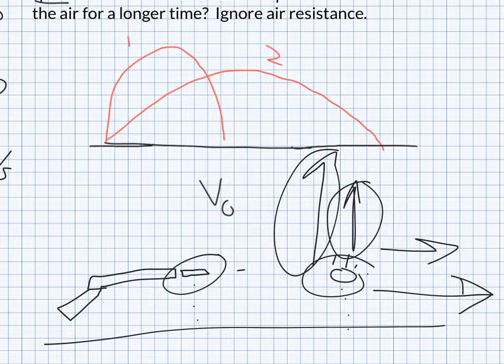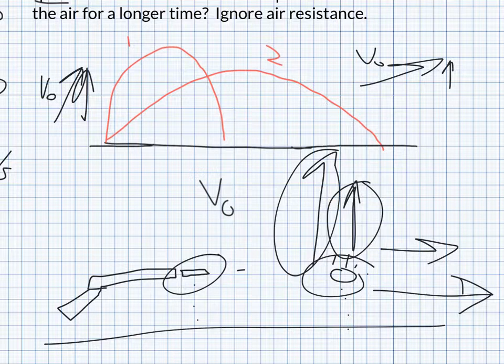So when I look at 1 and 2, I have to ask myself, who has more vertical velocity when they start? Well, 1 is at a steeper angle, and 2 is at a shallower angle. But they have the same speed. They have the same v0. So 1 will have this component upwards, and 2 will have that component upwards. And we can clearly see that because 1 is a steeper angle, it should have a higher upward velocity to start with, so it should stay in the air longer. Because, and I think we can bring this around to an equation,